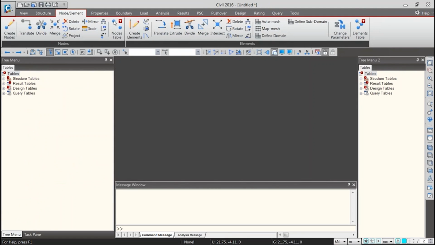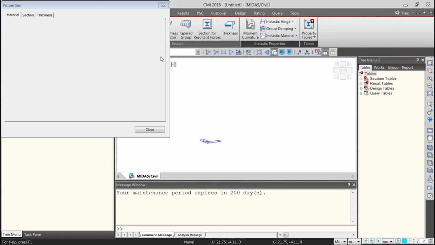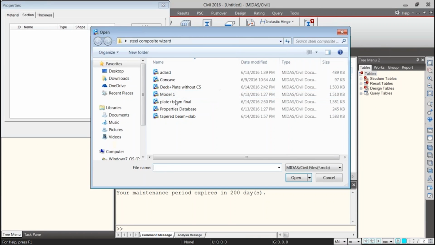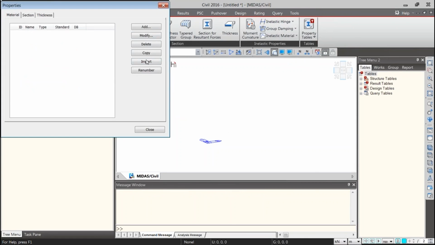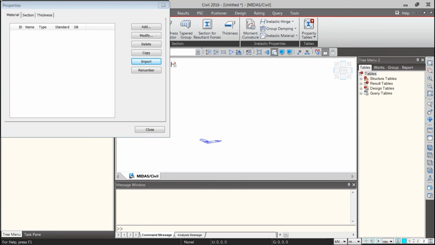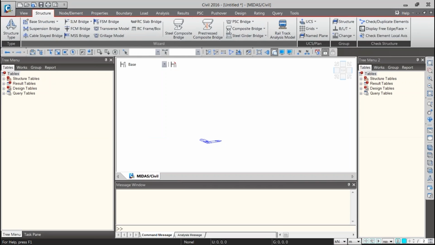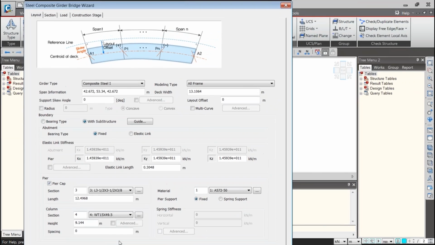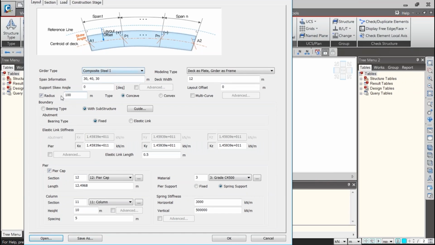We go to the new project, we go to properties, section properties, import from properties database, click on OK, material properties, import from properties database, click on OK and close it. Then we go to structure, steel composite bridge. We open our saved template.